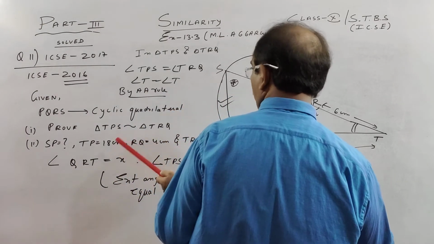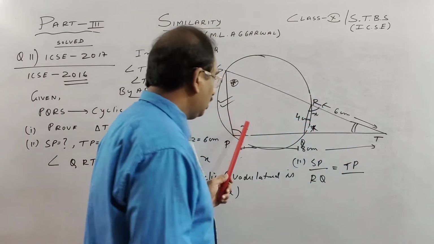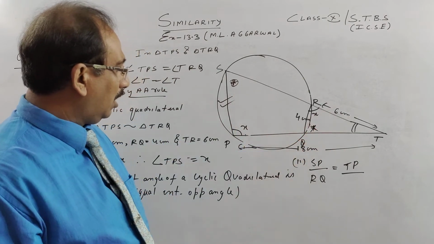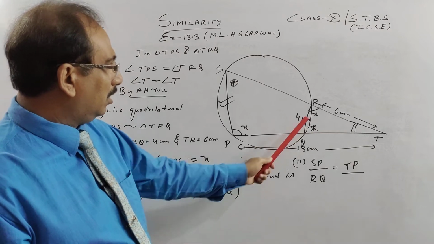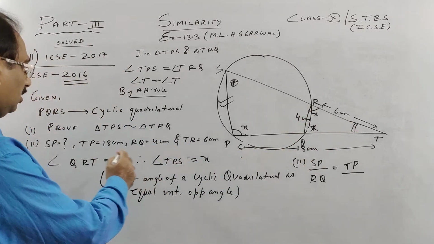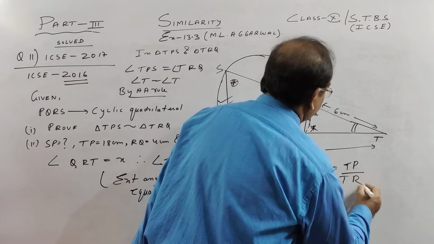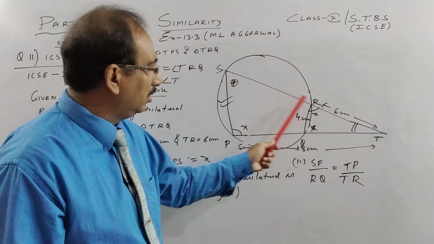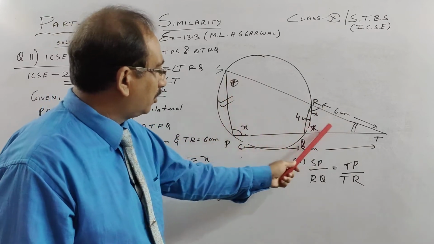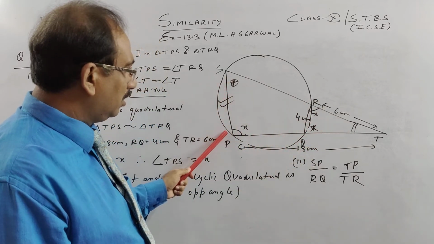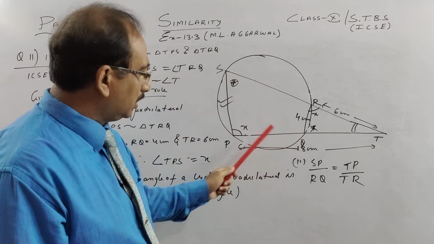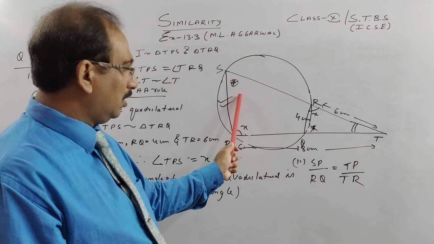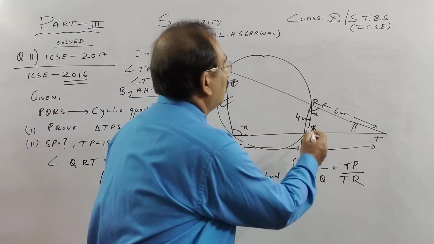So we have what we call TP. TP is opposite to this asterisk angle. So opposite to this is our RT. Okay, we have TR. So once more, this over this, because this is the same angle, equal in big and small triangle. So this is SP by RQ is proportional to TP in this triangle, opposite this to TR. Opposite to this in the small triangle is TR.